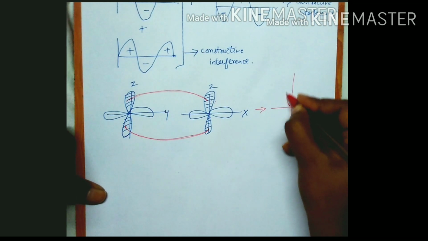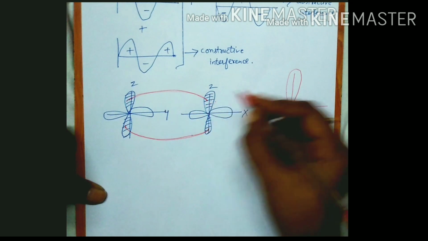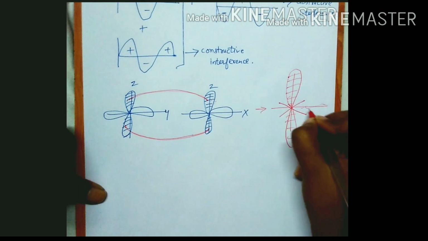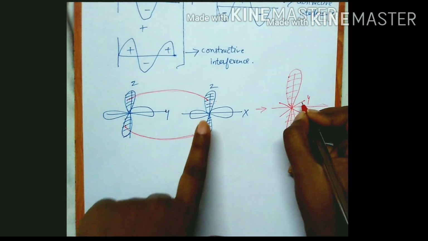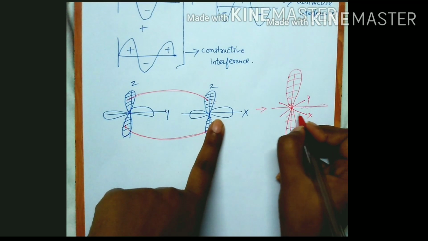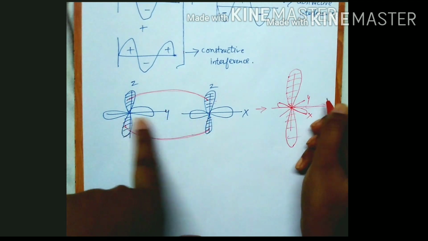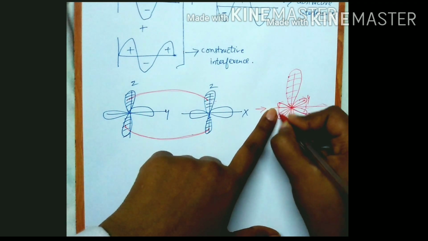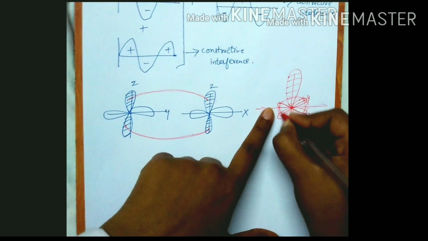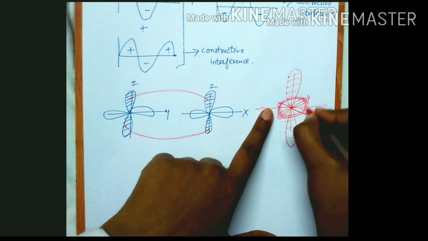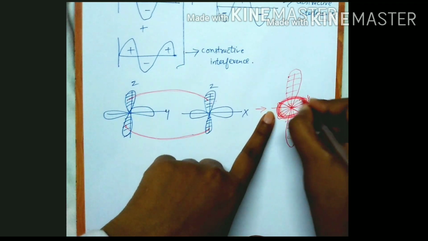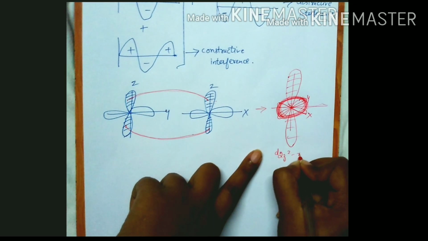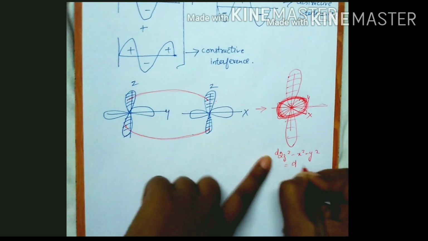See, somewhat like this. Okay, constructive lobe. And see, this is your x direction, this is your y direction. If this is the lobe along the x-axis, suppose it goes up here, and this is the lobe along the y-axis, suppose it goes up here. These two would have undergone mixing with each other and formed a ring-like structure over here, which I have shown you earlier, it is a negative phase. Okay, so this is your d of 2z square minus x square minus y square, or roughly you can call it